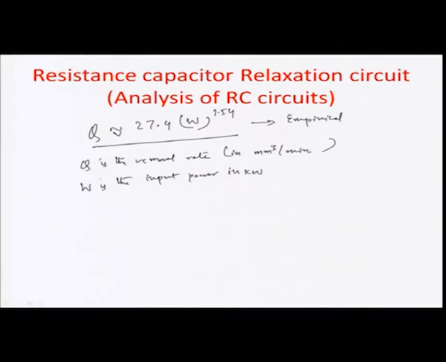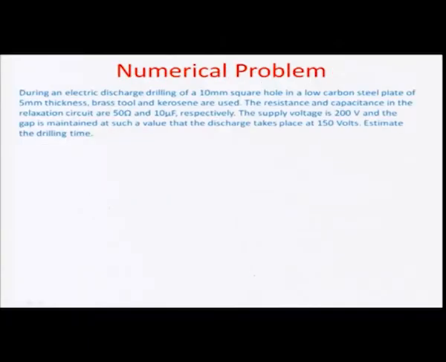Such relationships are very often used in EDM processes, which would also help us to understand and design the RC circuits or the relaxation circuits for feeding an EDM tool. So let's do a numerical problem based on that, as illustrated here: